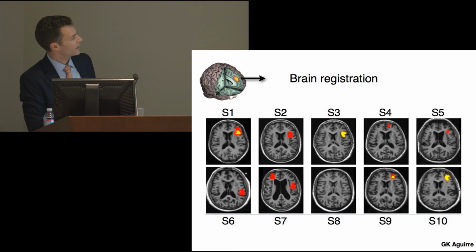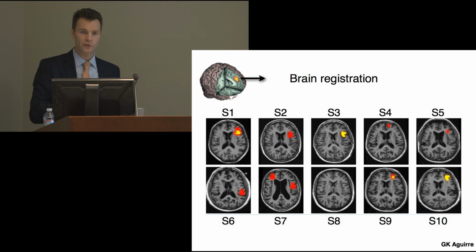And, you know, it looks like it's pretty consistent. Most folks have a blob that's up here in this region. Some of them it's not really there, and some of it's moved around, but generally speaking, there's something up there. Well, but I need a way of trying to combine this information across subjects,